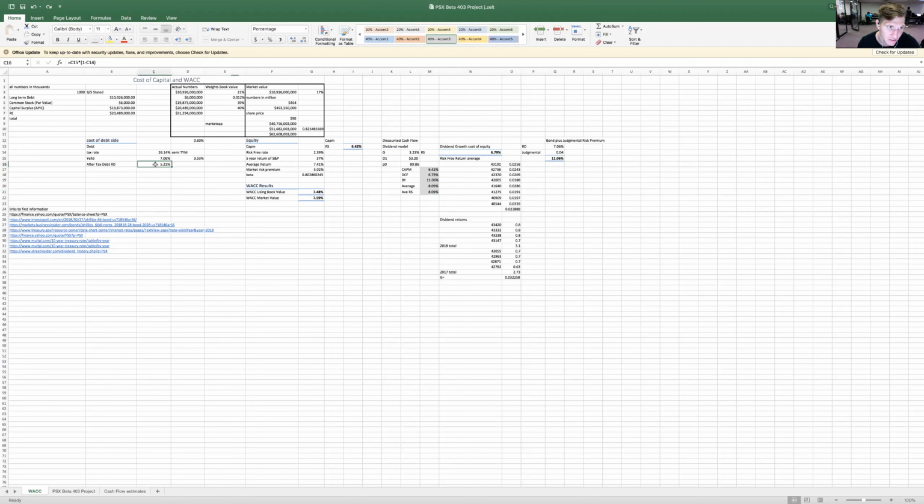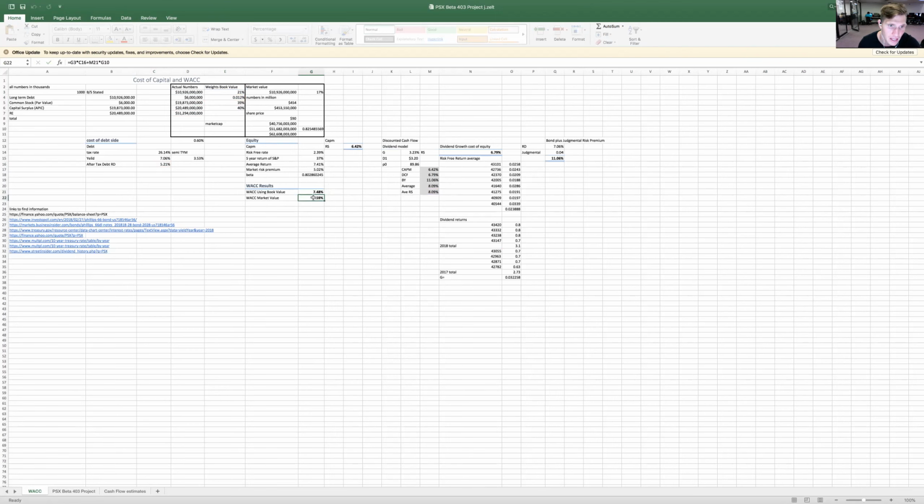Now I have my average RS. I have my after-tax cost of debt right here. Then I have my weights for the numbers: this is the book value weighted debt, and then this is book value weighted equity over here. Take all that and you put it into a formula, and you can see this is where you get all the numbers, and all of a sudden that's your weighted average cost of capital for